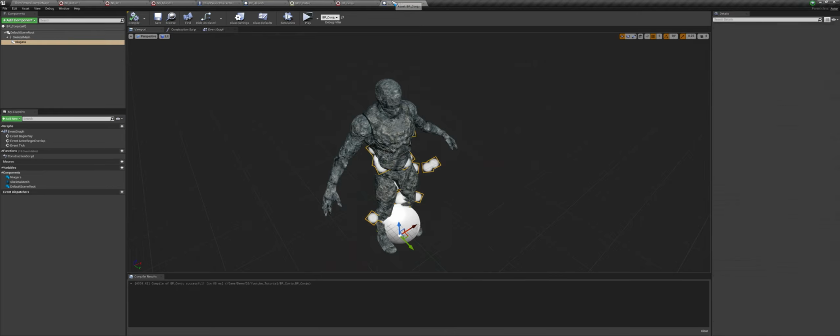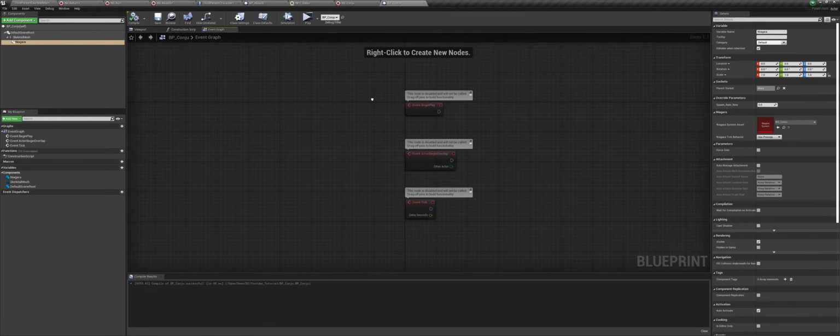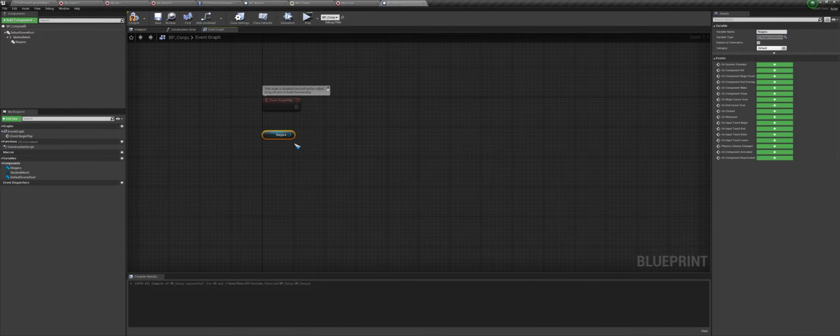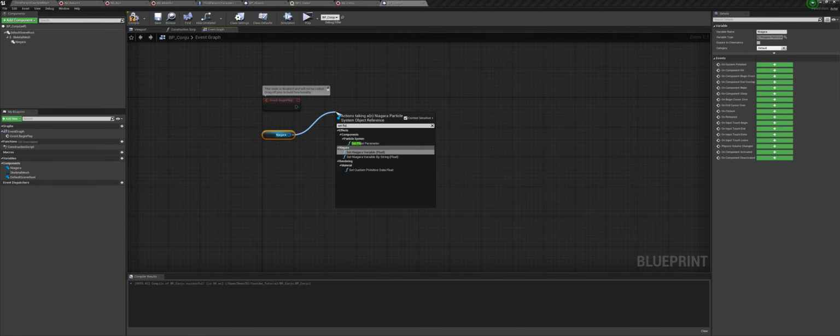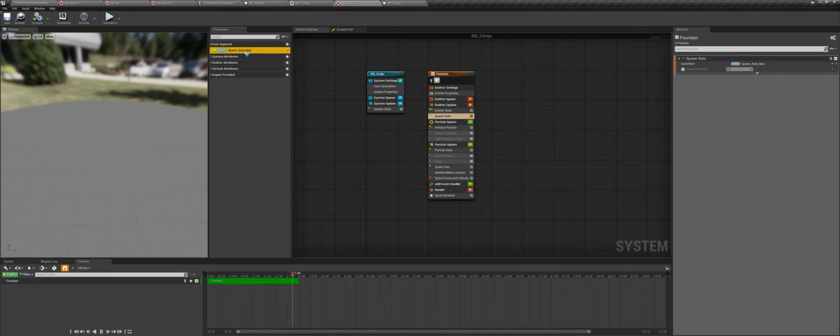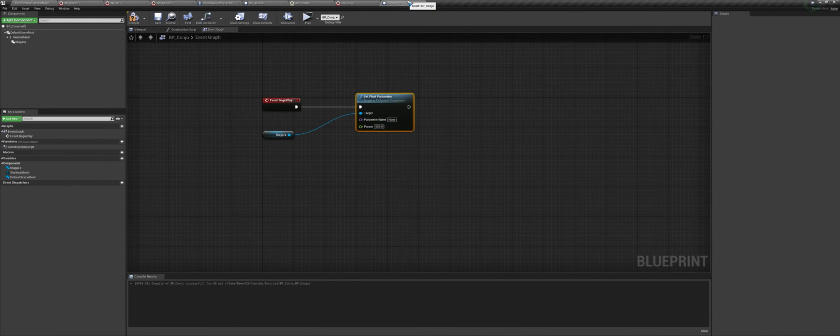So here in the conjuration blueprint, we can go to the event begin play, bring this in, set float, change this value to like, I don't know, 500 or something like that, and this name is this name. So this name is spawn rate new.